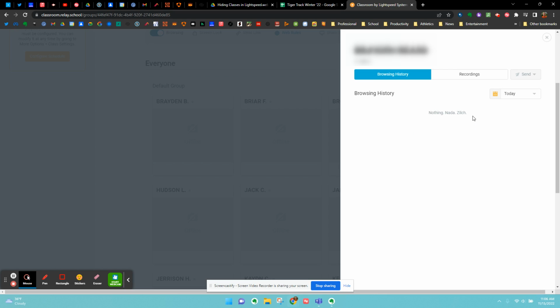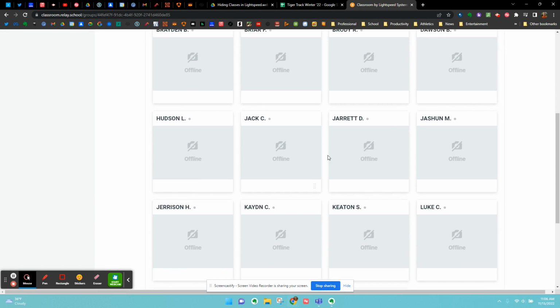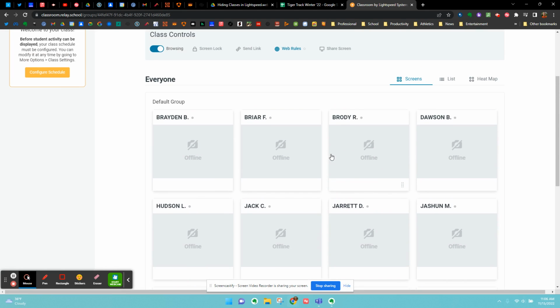I would be able to actually record their screen. I can block certain things. If I see tabs open that I want to close, I'll have a list of those right here. I'll be able to send alerts to them or to lock their screen entirely if I feel like I need to do that. So you get a whole bunch of options by actually clicking on their screen. But this view right here allows me to kind of scan through and see all my students' screens at once